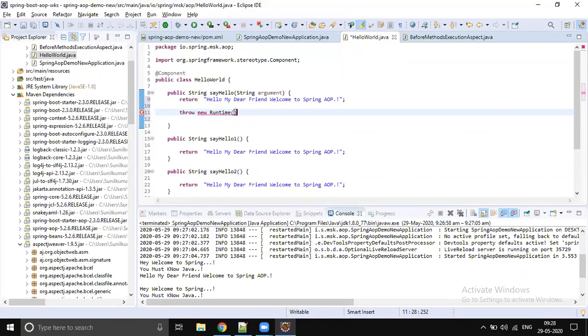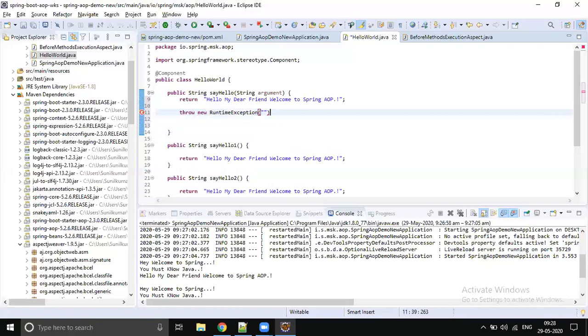So let's throw some exception now. This is for our learning purpose. Okay, test exception. Yeah, we can throw a runtime exception. We are returning something, right? Let's do one thing: String message equals this.